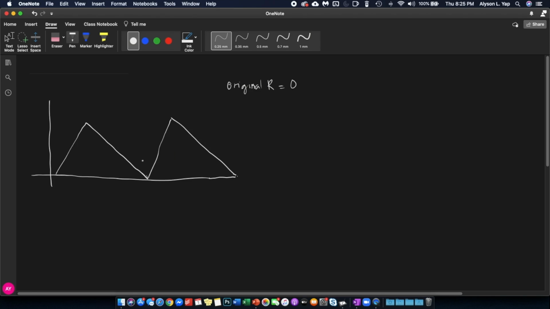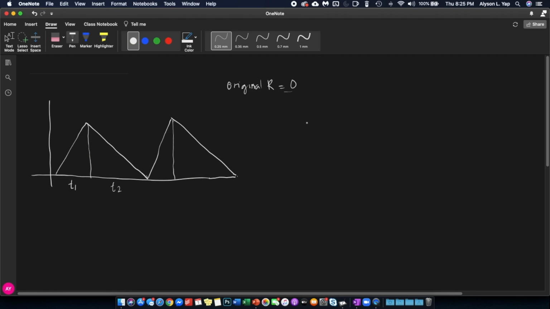Now, let's say we do model number three. In model number three, the original reorder point is at 0. And remember, in model number three, you can divide the cycle into two parts. This left side, which we will identify to be during T1 time, and this right side to be during T2 time.